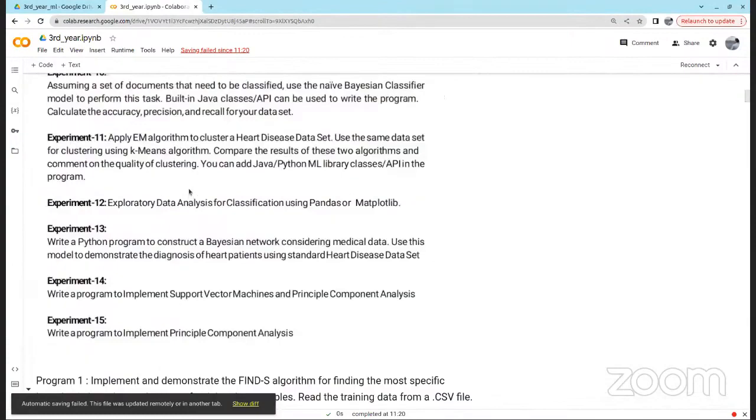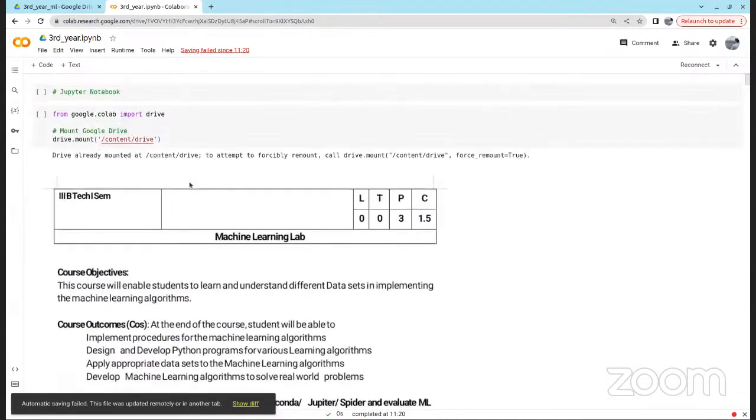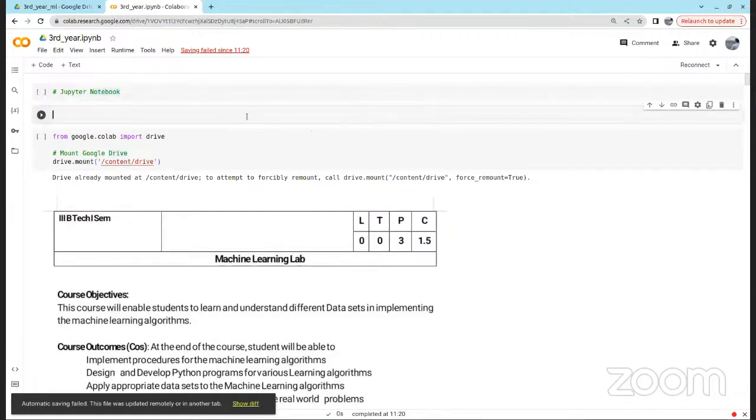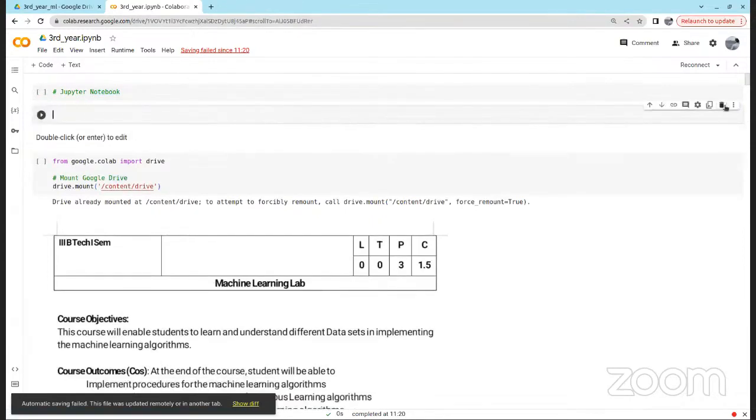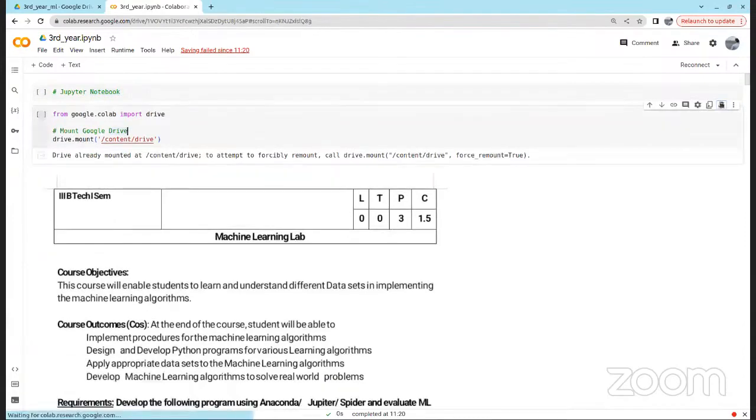So you can keep your content here, like text, as well as your code in cells. We have different cells, and we have to mark them. For example, I'll highlight here. You see here you get two types of cells basically, either code or text. If I click on code, a code cell will be created below it. If I create text, you can write the text here. So this is available in Jupyter Notebook.